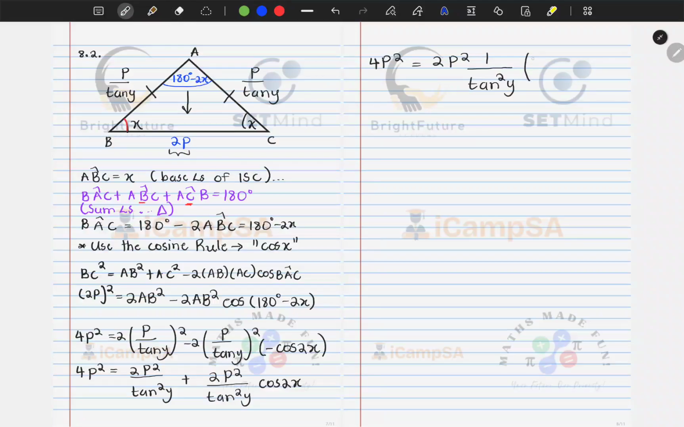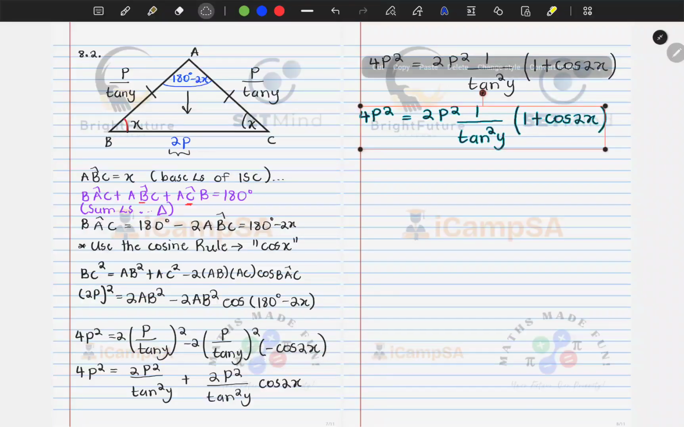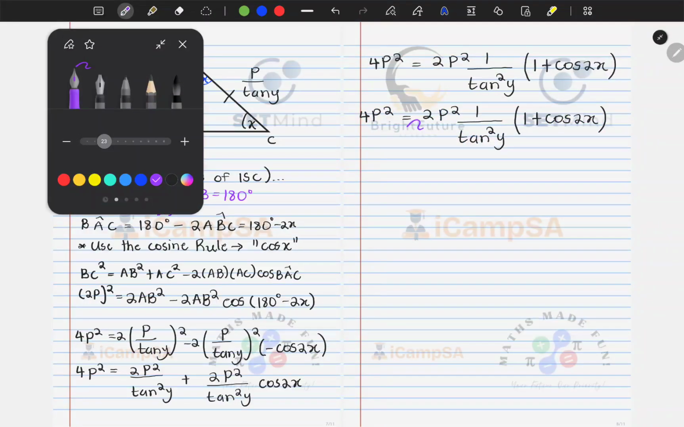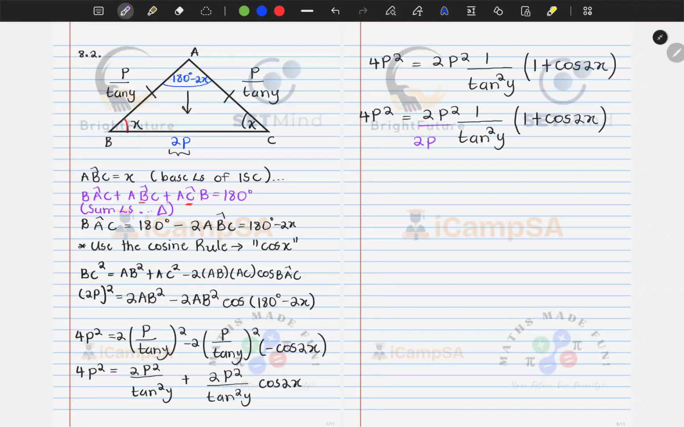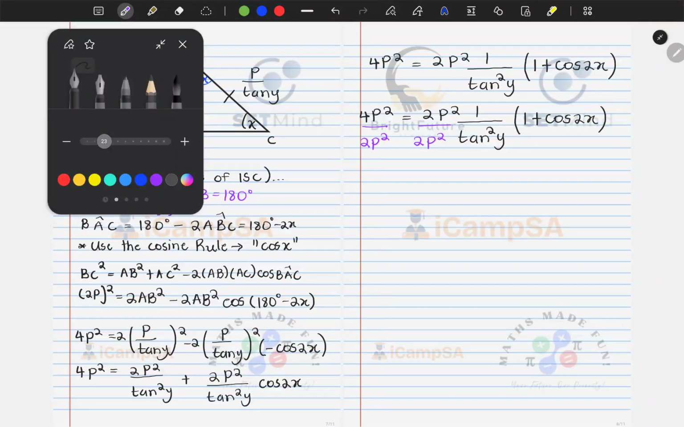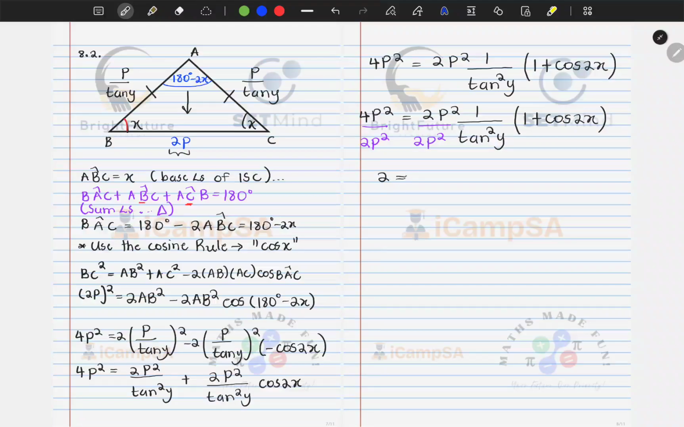And if you look at what is going to be left, it's going to be 1 plus cos of 2x. And if you think carefully, you should realize that the 2p squared and the p squared should cancel. So let's create a copy, put it up here, and then do that division. We'll divide by 2p squared on both sides, and what will end up happening is we'll be left with the 2 equals, if you look carefully, 1 over